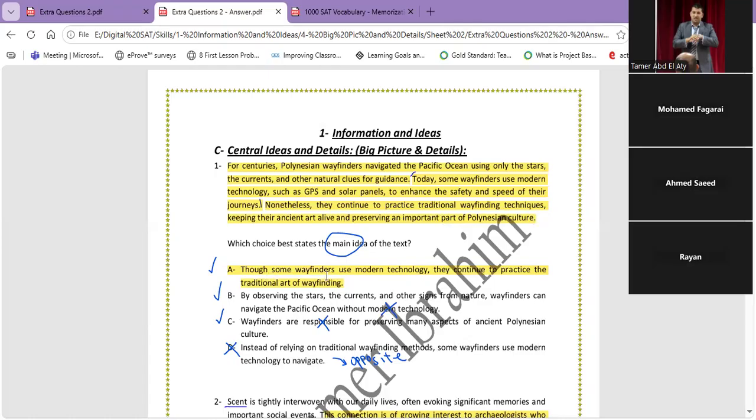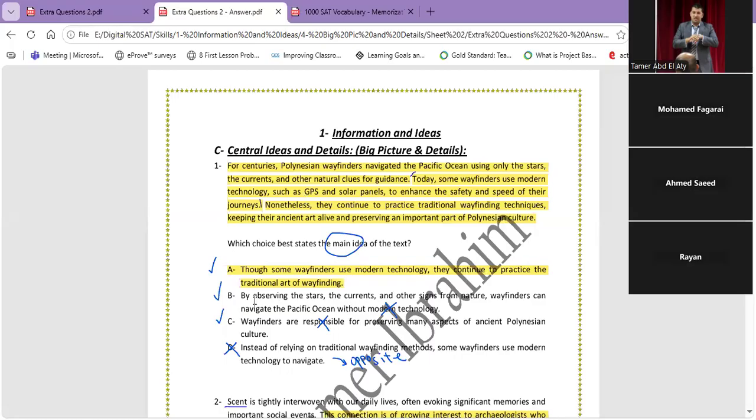So though some wayfinders use modern technology to continue to practice the traditional art of wayfinding, yes, Allah Azam. Yes, that's the right answer because he used modern technology. He used the word modern technology. Then he mentioned in the last sentence that despite the modern technology, they are still using the traditional